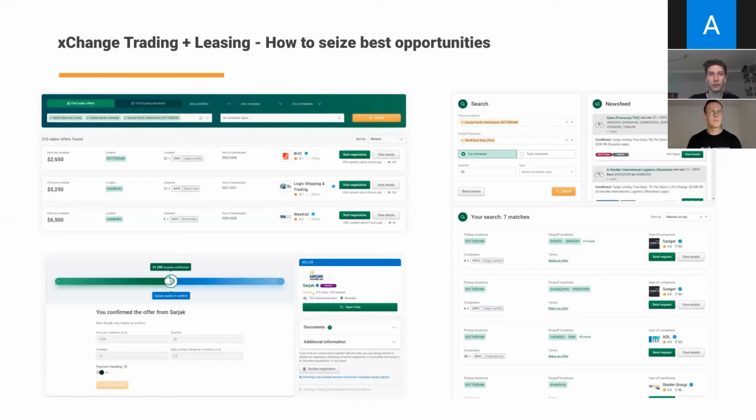First, of course, we have to find containers in Hamburg that we can actually buy for a good price. And that you can do in the trading marketplace, which is the two screenshots on the left. So there's a search. You can just directly search for containers in Hamburg. You can select different types. You press the search button and you get a big bunch of offers from traders that can currently sell containers